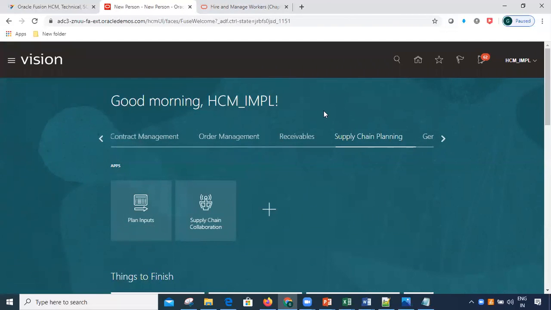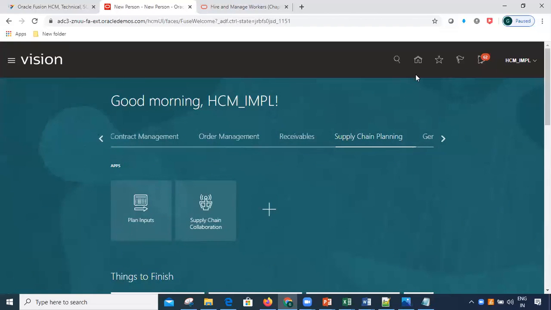In tomorrow's session, we will understand why I am getting all this access to my user and how the security in the Fusion application is going to work. What is meant by RBAC, role-based access control? How many types of roles are there in the Fusion system? And how to create the user account and how to attach the role. Similar topics related to security we will discuss in tomorrow's session.